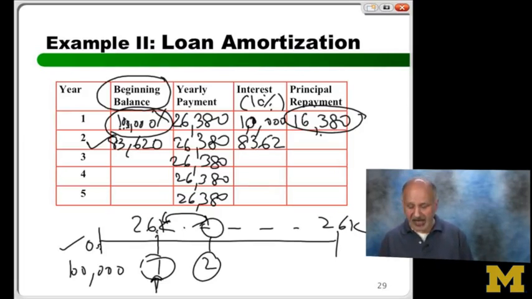The good news is my interest has dropped. Yep. But the reflection of that good news is that I'm paying back more. So if I paid back 16,380, how much am I paying back now? More or less? Answer is, if the interest amount is dropped, the repayment amount has to go up, assuming that I'm paying back the same amount, 26K or so every year. So the answer to that is